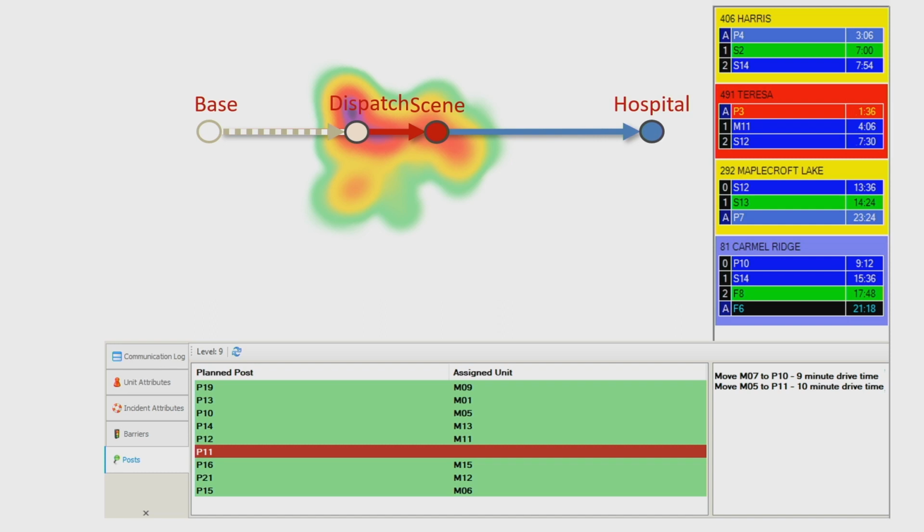On the dispatch side, we have a list of calls that come in. We have a direct connection to the CAD so that we can be bringing in calls as they're entered into the CAD and look automatically at what are the default 3 closest vehicles to each call. We can build different types of response packages if I want certain types of calls, if we have ALS and BLS, advanced life support, basic life support. For fire apparatus, maybe we want 2 engines, a ladder, and a battalion chief. We can build whatever the criteria are that we need to have responding to this call,